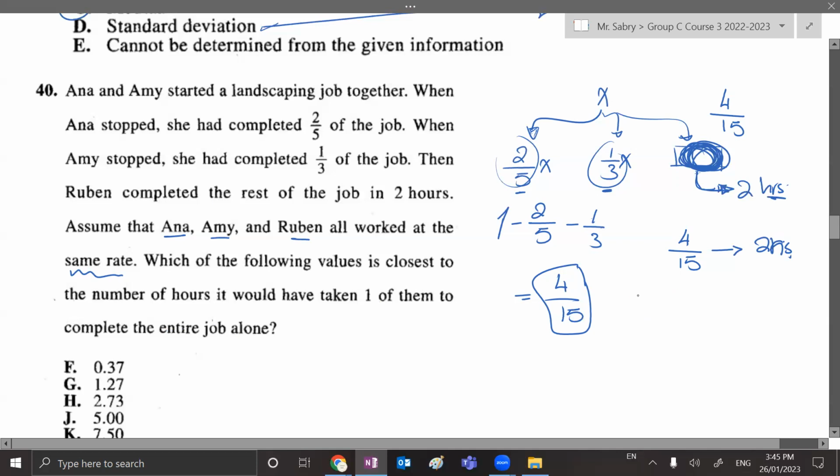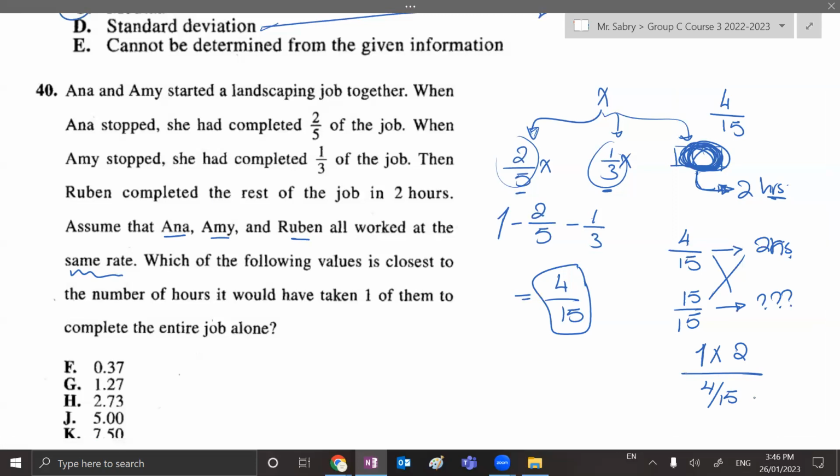So if we needed to do the full job, what's the full job? If this is 4/15, then the full job is 15/15. The full job altogether will be finished in how many hours? That's what we need to figure out. So I'll cross multiply now. I'd say 15/15, which is 1, multiplied by the hours, which is 2, divided by 4/15. You put this on a calculator, 1 times 2 divided by 4/15, and it gives you